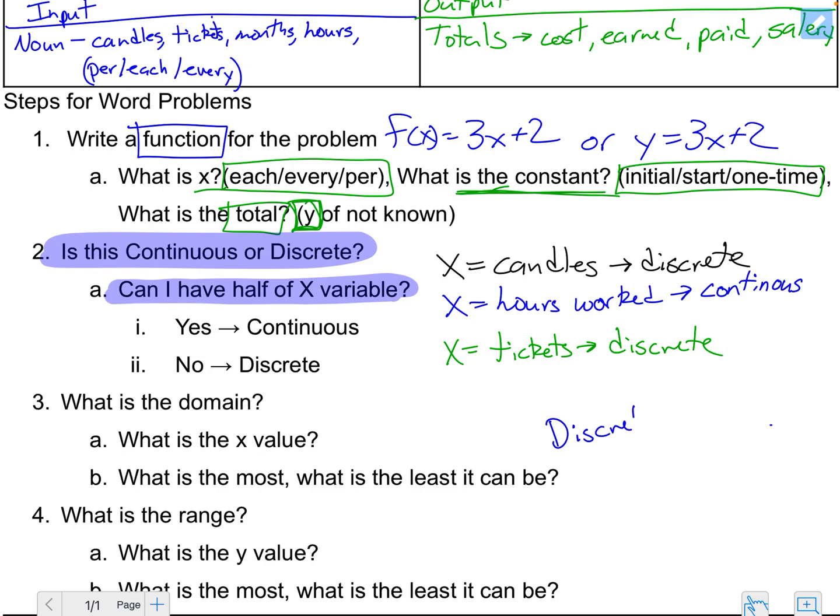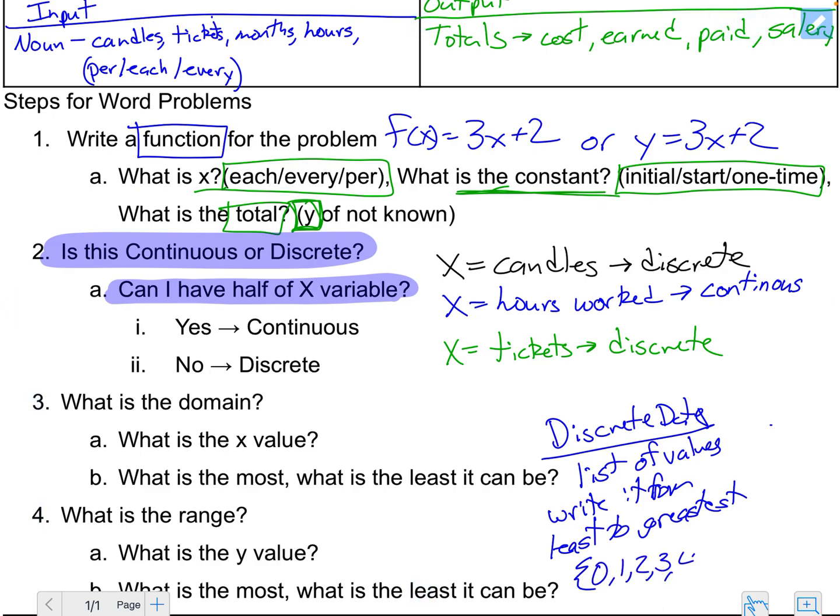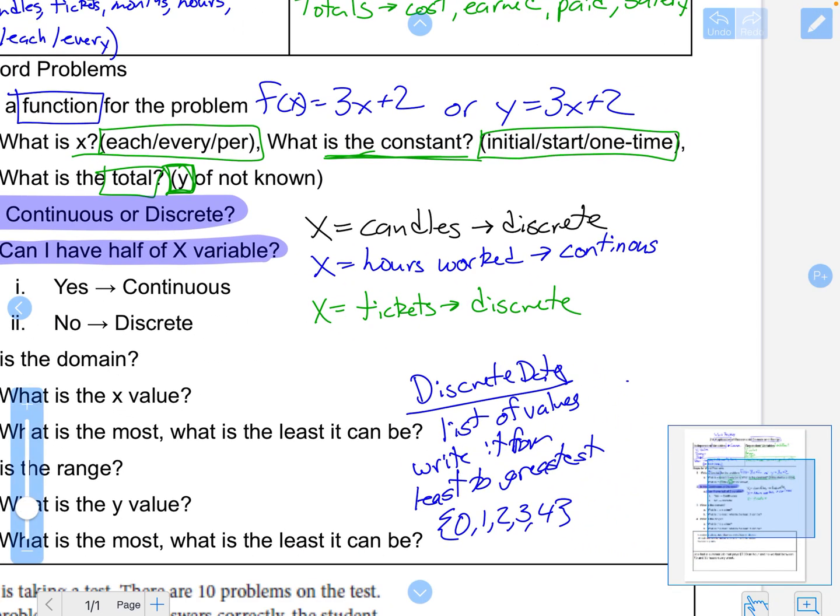So discrete data, let's make that an A. Discrete data is a list of values. And when we list those values, we write it from least to greatest. An example would be, we would use our funky brackets, and 0 tickets bought, 1 ticket bought, 2 tickets bought, 3 tickets bought, 4 tickets bought, etc. And so that would be our example of discrete data,